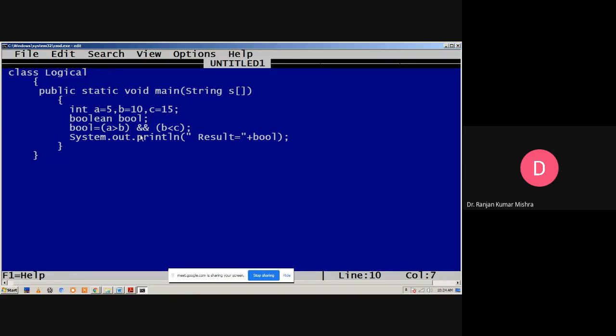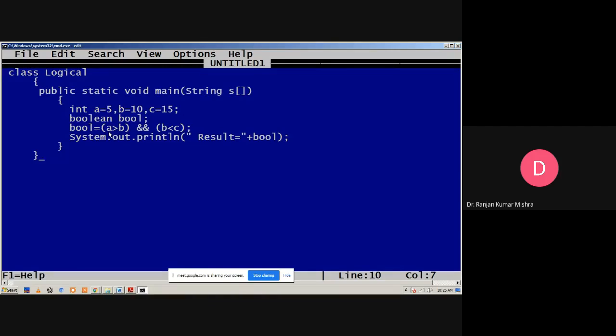Basically here we use the logical operator AND. As we know that the logical operator is used to combine two or more expressions at a time. So basically it combines the two expressions. The first expression is a greater than b, that means the value of a equal to 5 and the value of b equal to 10, so the condition becomes false.